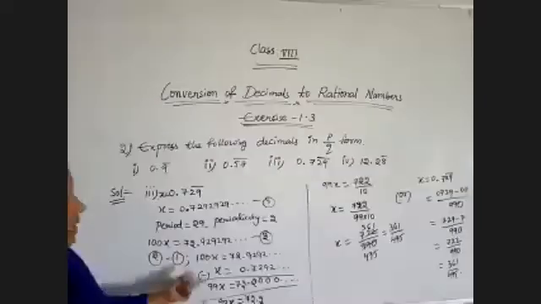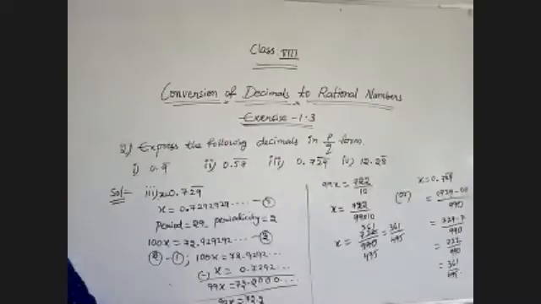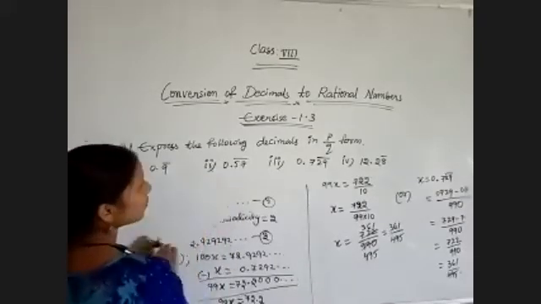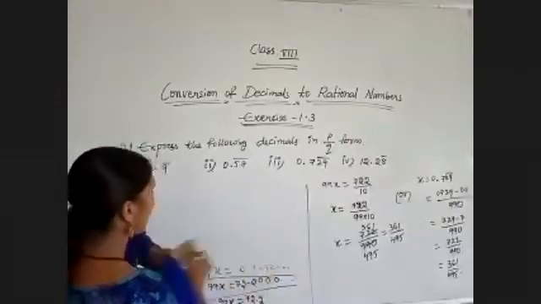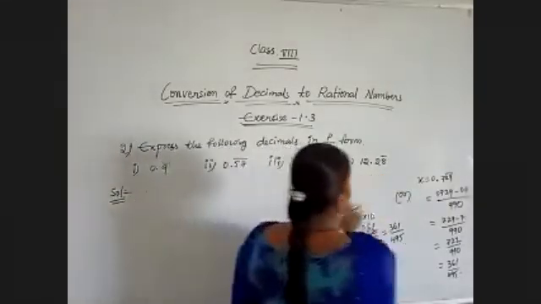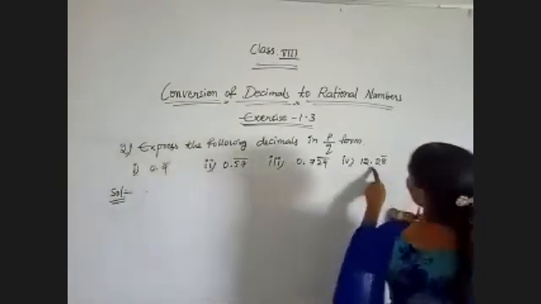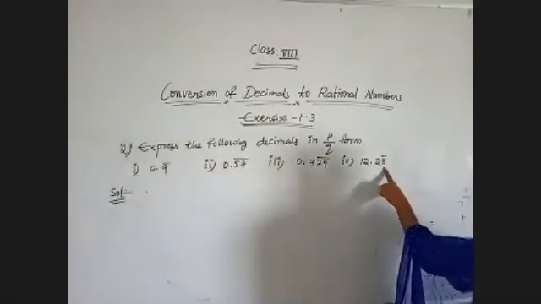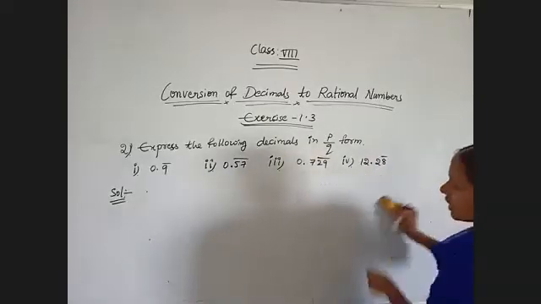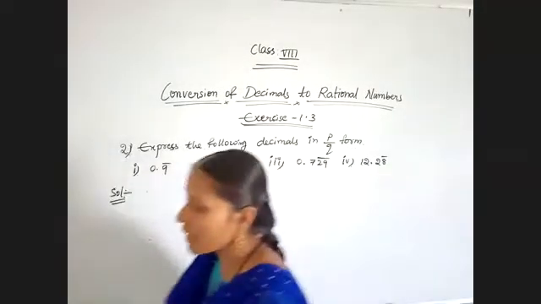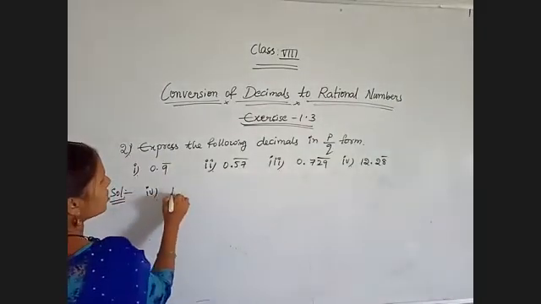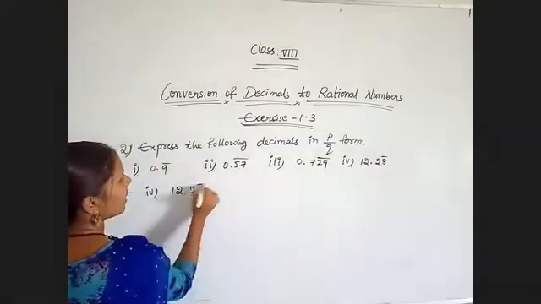While we are doing the formal method, it is very simple, but it will take some time. I am now coming to this fourth question. The fourth question is also an example of a mixed recurring decimal, because of the decimal digits 2 and 8, only 8 is repeating, 2 is not repeating. That's why it is a mixed recurring decimal. Some of the digits only are repeating. So take that fourth example, 12.28 bar.